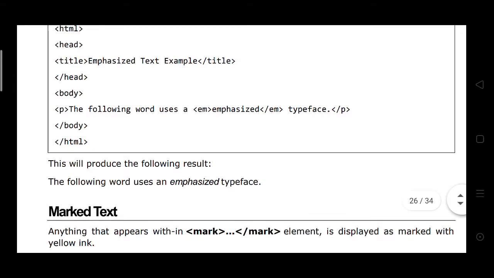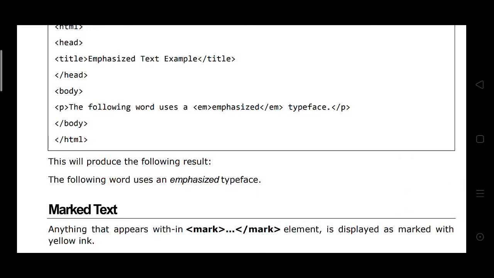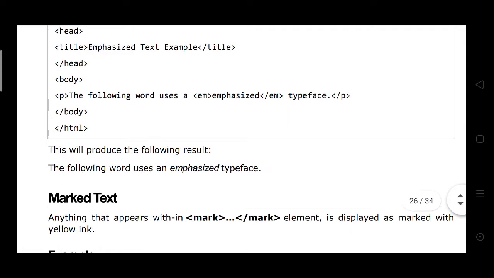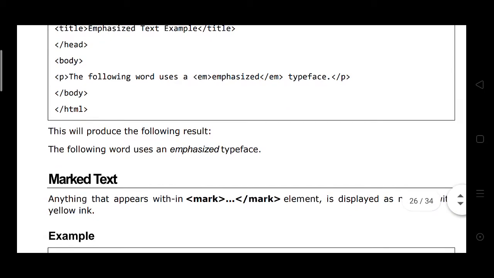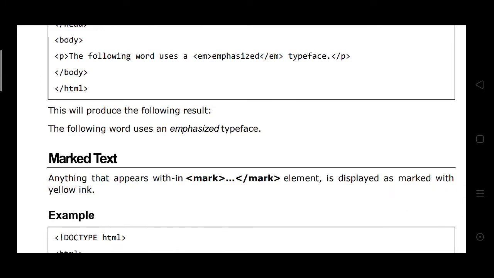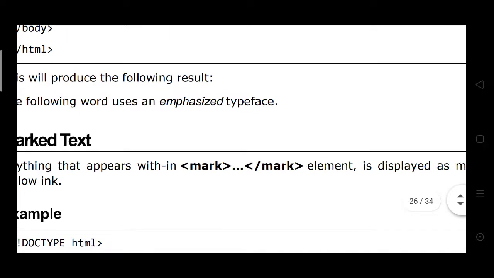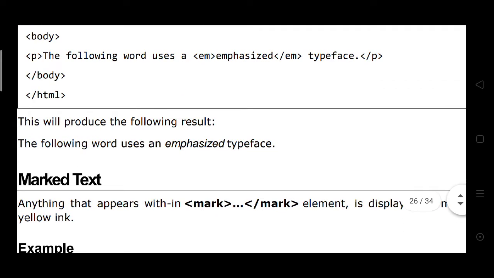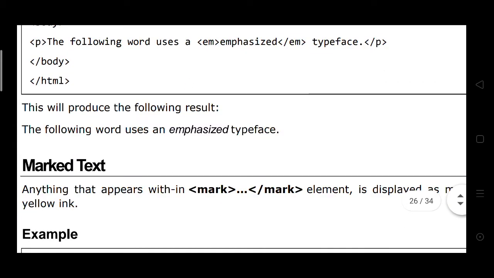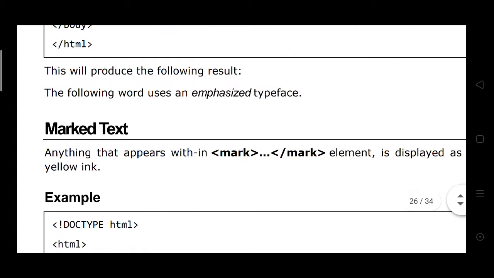The following word is used as emphasized, and EM closed, it is also the typeface. Here we see the emphasized text in a different font type than the rest of the text.